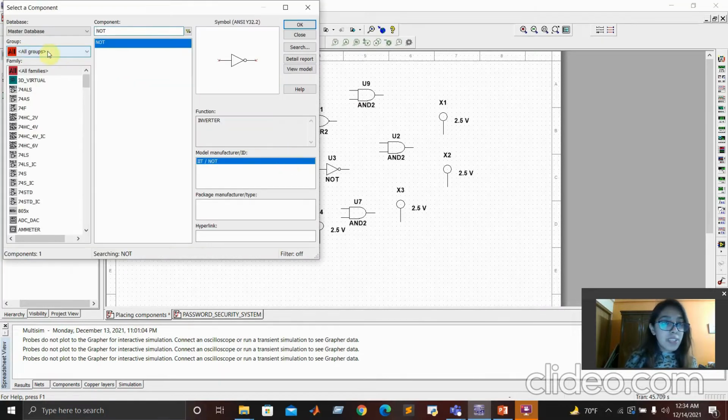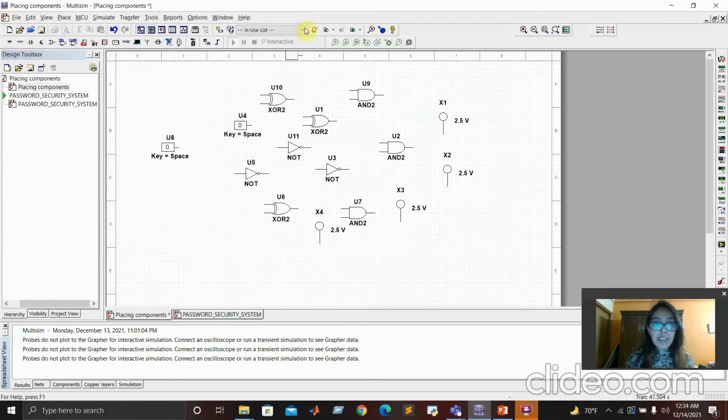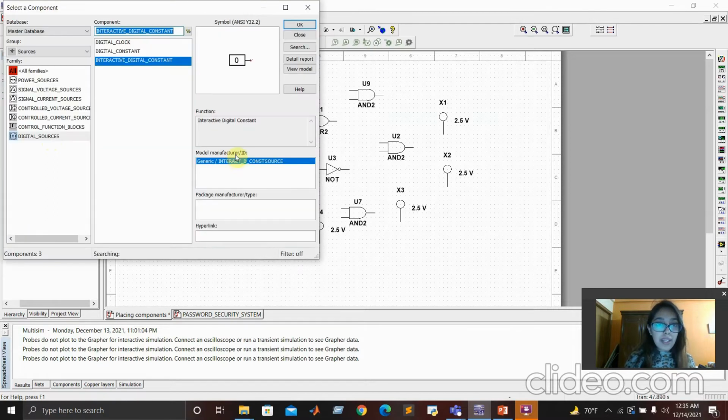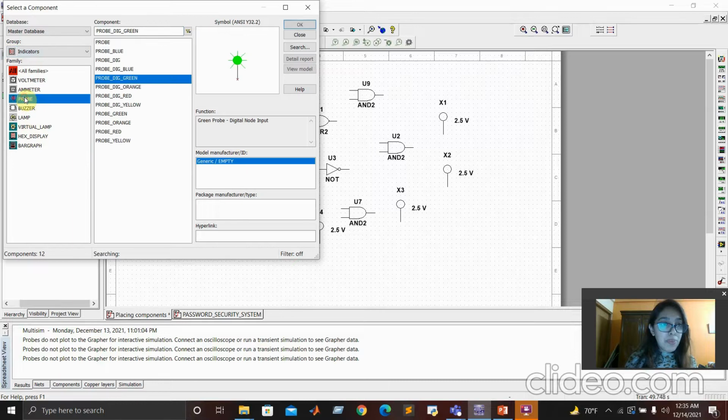From the group section, now I'm going to select Sources, click Digital Sources, and then an Interactive Digital Constant. Like this I'm going to take 9 interactive digital constants, and then from the group section again I'm going to select Indicators, then click Probe, and from this section I'm going to take 1 probe DIG green and 1 probe DIG red.